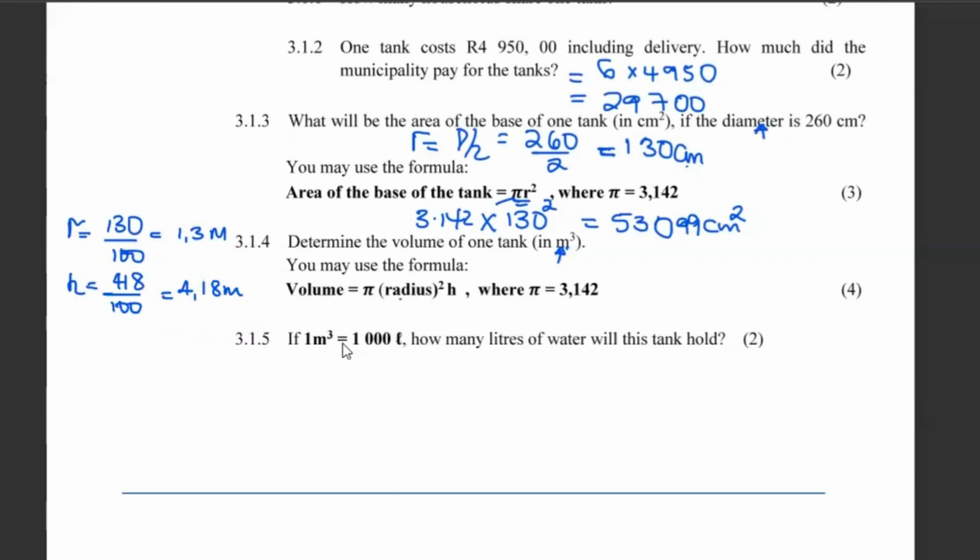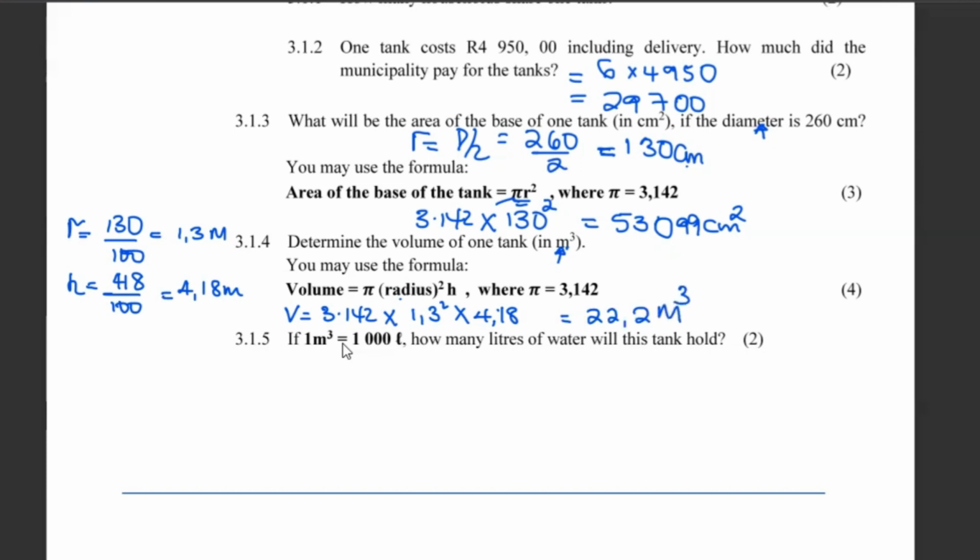So here we are. So volume, I'm going to go pi, which is 3,142 times radius. I have it as 1,3 squared times the height, which is 4,18. So the volume is 22,2